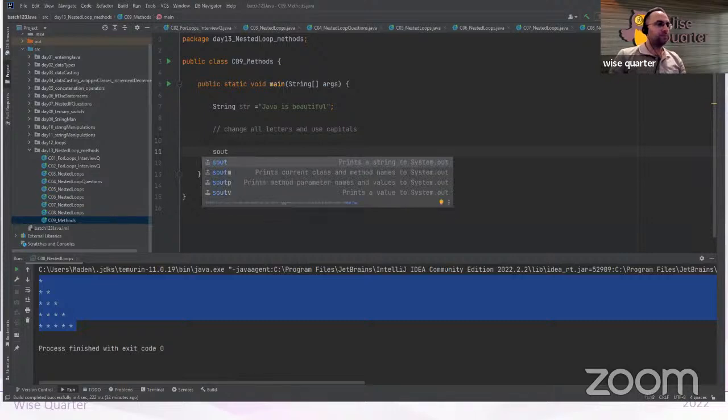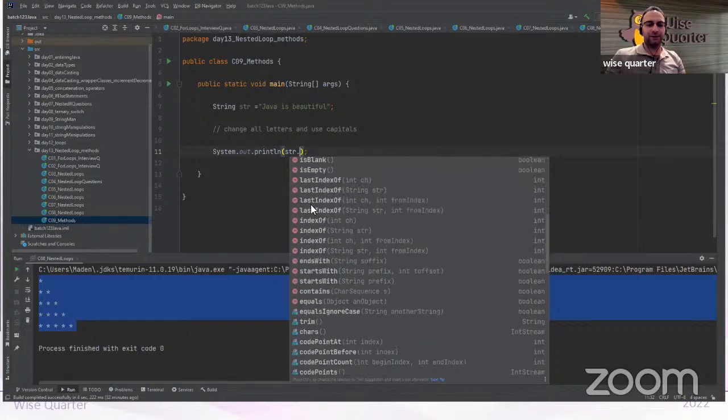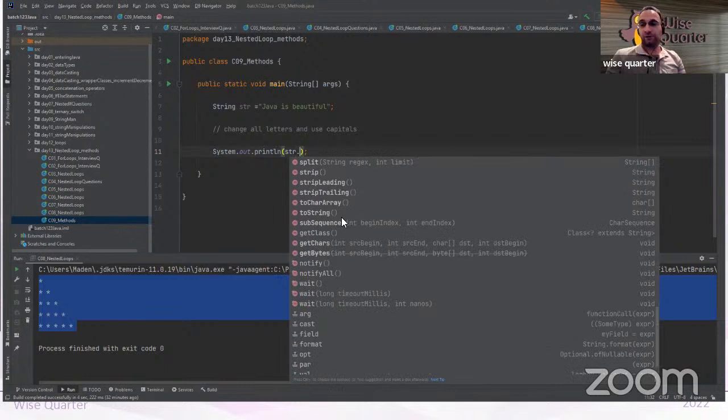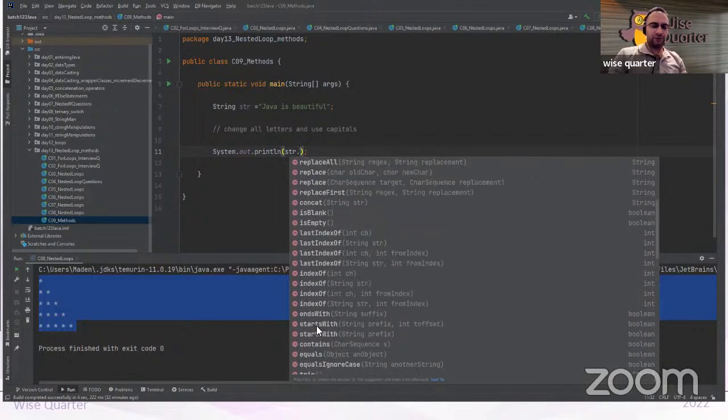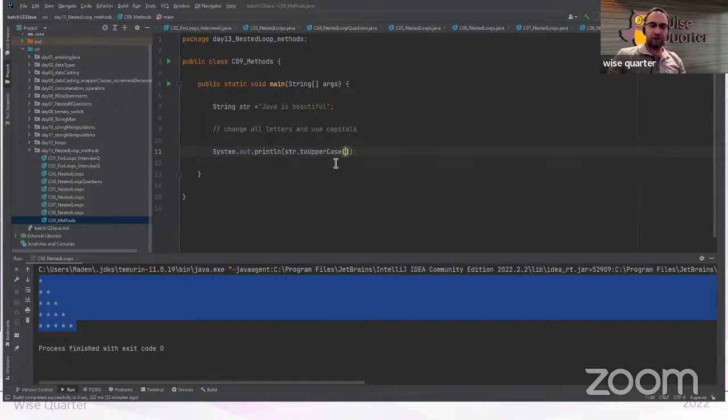It's very easy. Str dot. I hope you can see a little m here. It means these are all methods. The first method, second method, third method, and there are a lot of different methods you can use, and all of them are created by Java developers. And we have a method for that, toUpperCase. This method will change all the letters. If I run it,